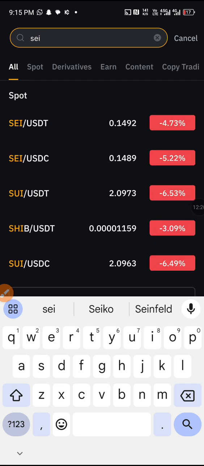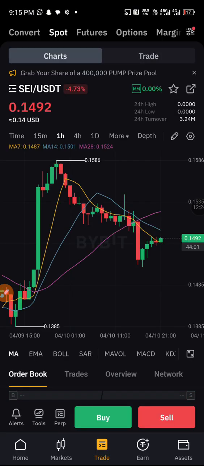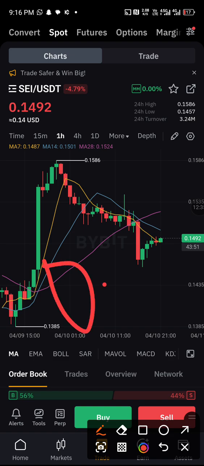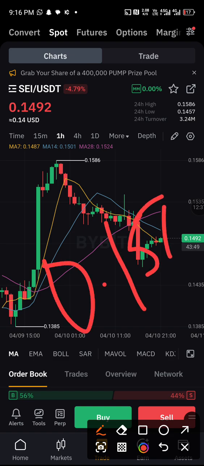Okay, 0.1492 as well. You can see, so you can buy it from those exchanges and take it to Upbit to sell, because Upbit is buying at 0.15. So this is an arbitrage you must do, and it's very simple and easy. All you need to do is be smart while doing it.